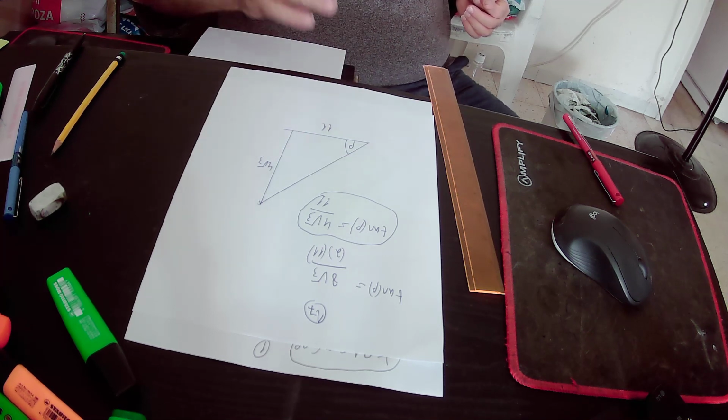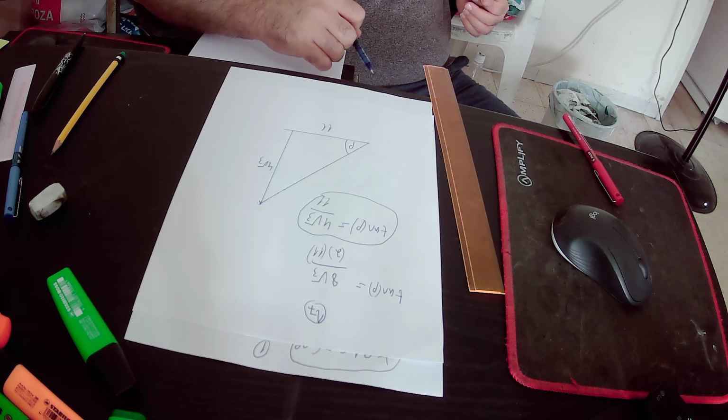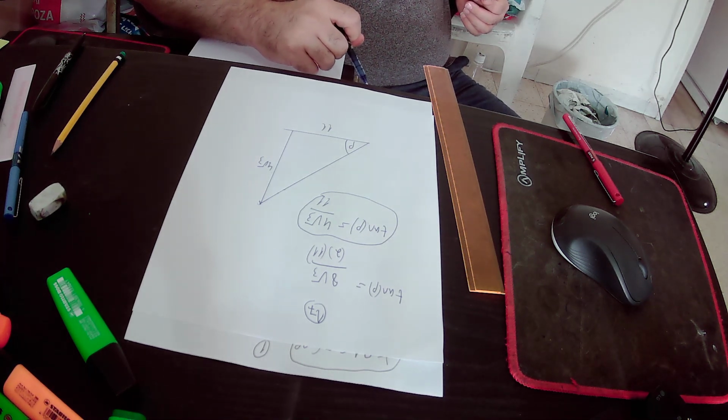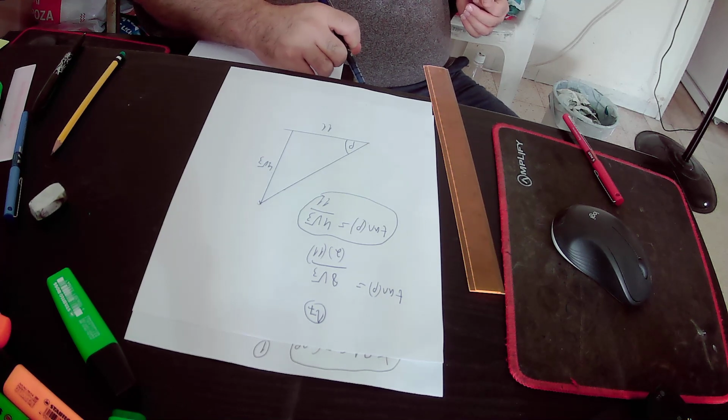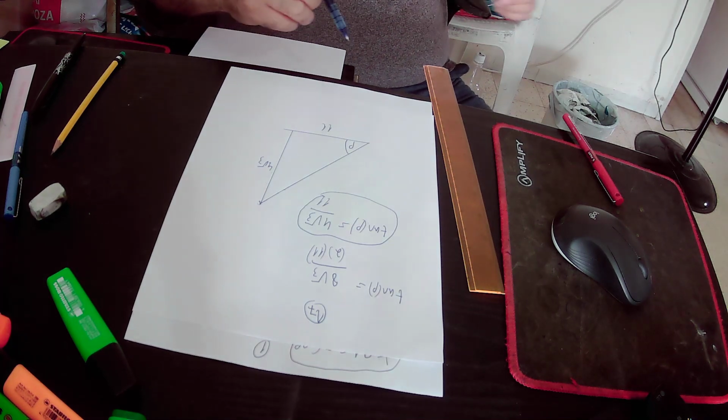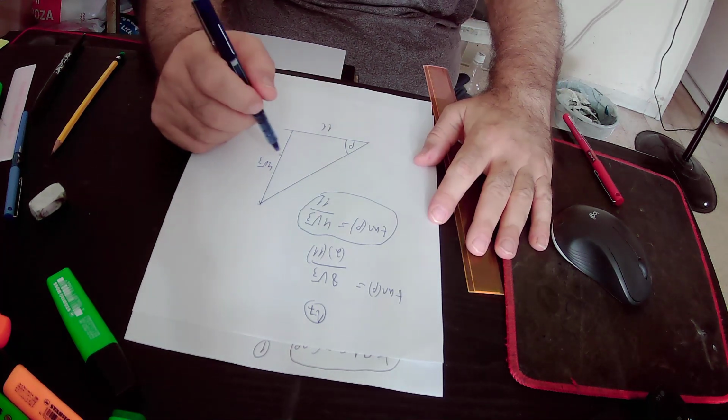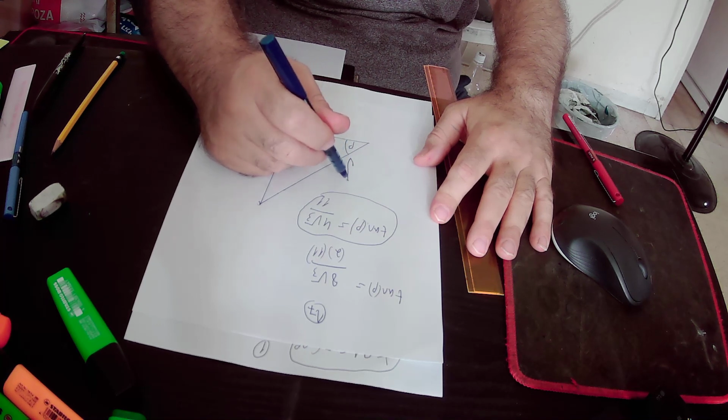According to the Pythagorean theorem, which states that the square of the hypotenuse equals the sum of the squares of the perpendiculars, we will find that the hypotenuse of this right triangle will be equal to the root of